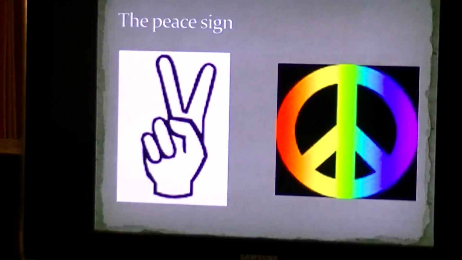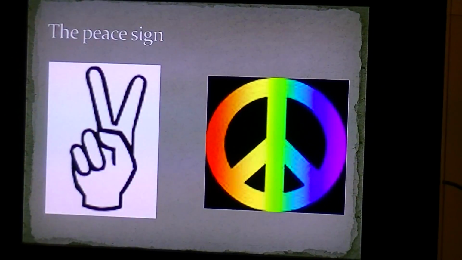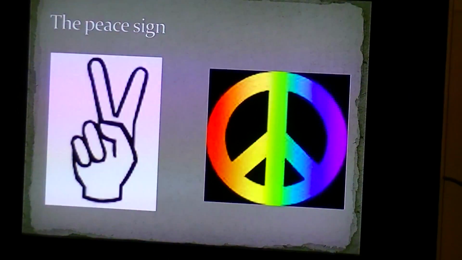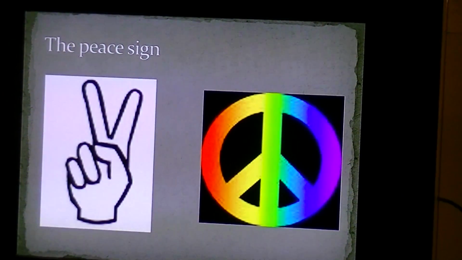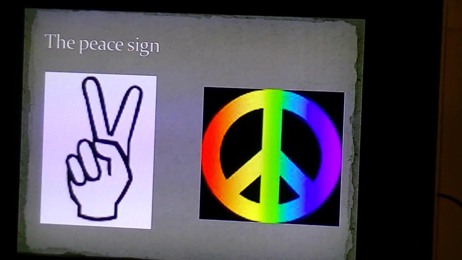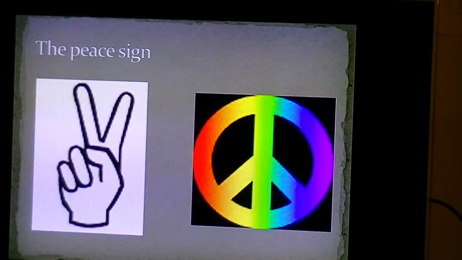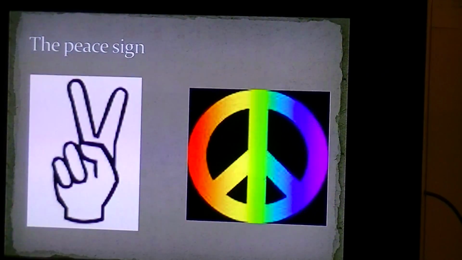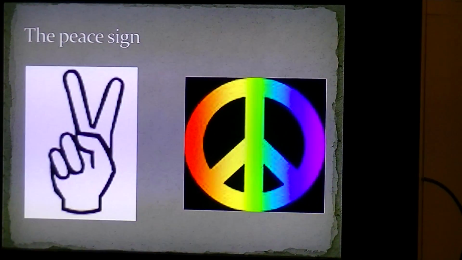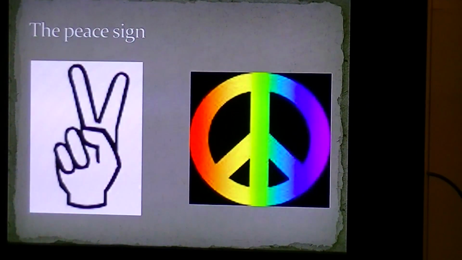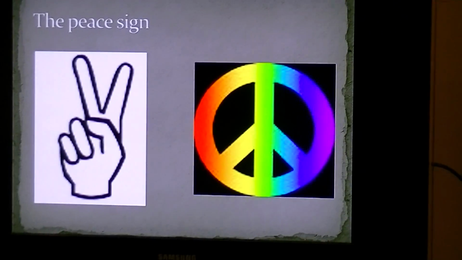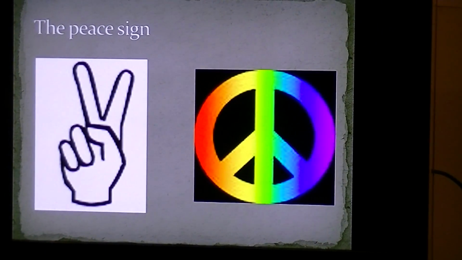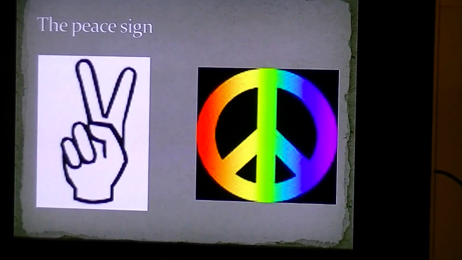Okay, now the peace sign. You have two different peace signs here. The first one is with the fingers. That has several meanings. It can be the Roman numeral 5. Means, of course, peace. It can also be a meaning for the letter V in sign language. Now the other symbol that you have over there. And victory. Yes, that is another one. I didn't think about that one at the time I wrote this.